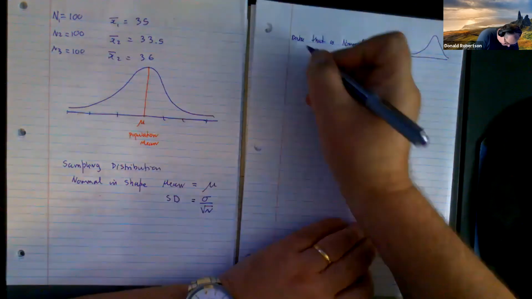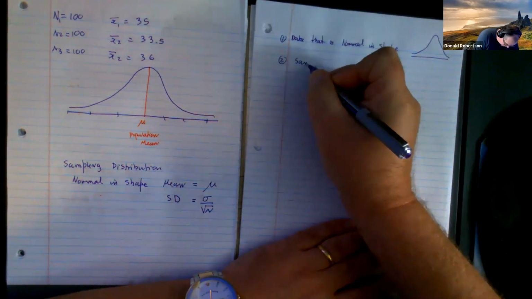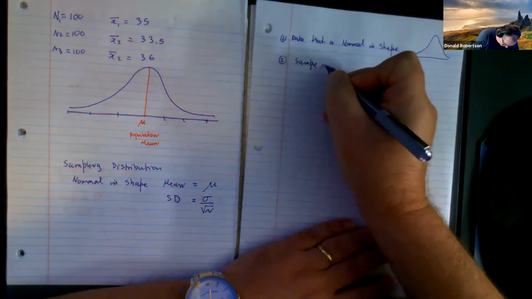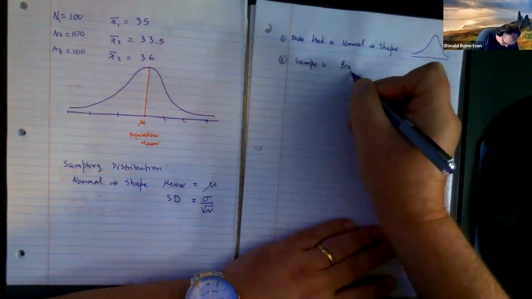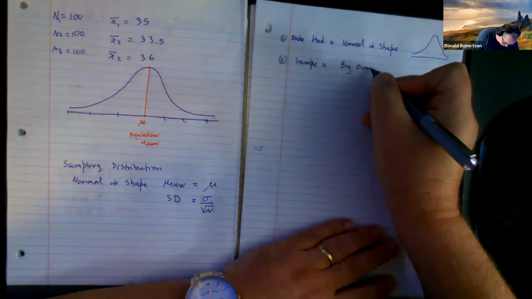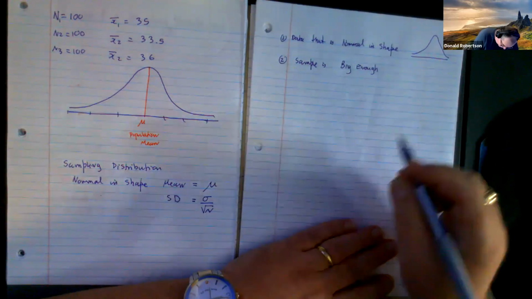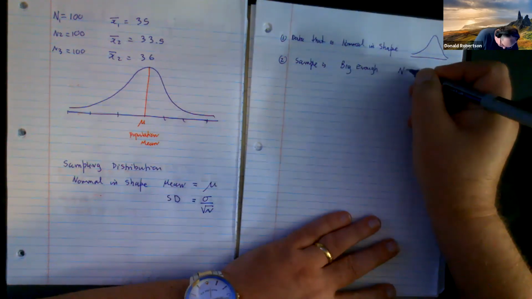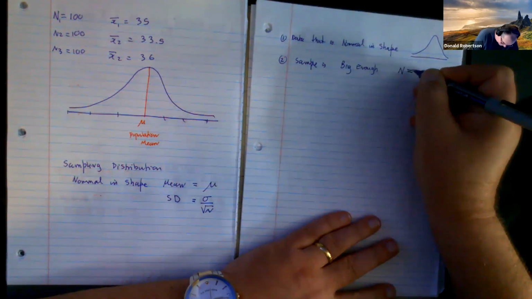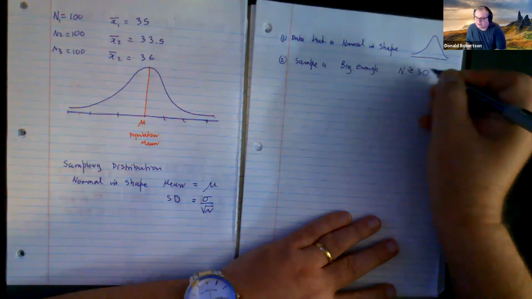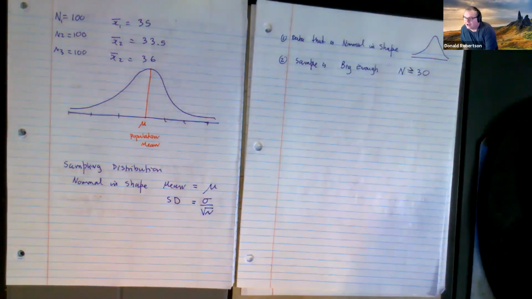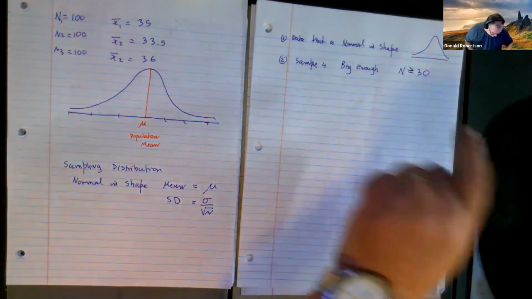If you have that, and two, if the sample is big enough. And I was trying to find out what this book thinks big enough is. So I'll tell you what I consider big enough. You need to have at least 30 numbers, right? You have to ask at least 30 people. If this is true,